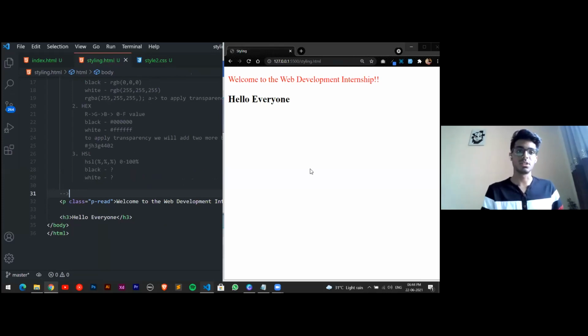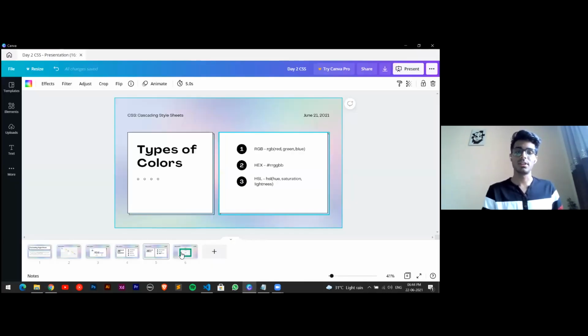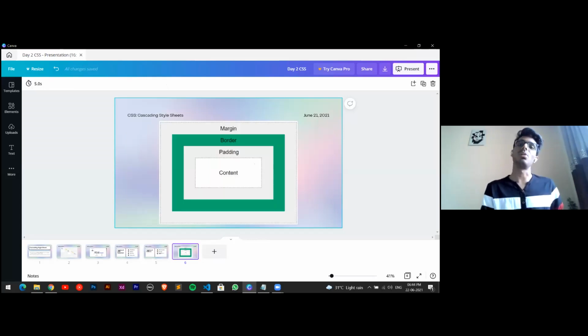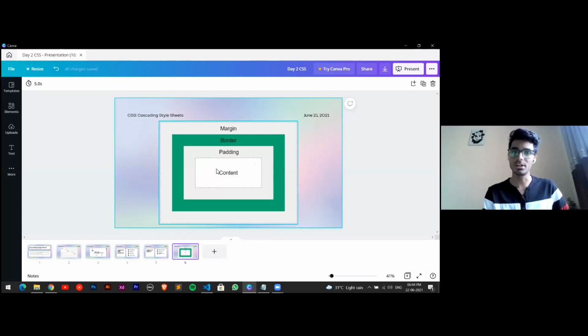So we have understood the colors, we have understood the types of selectors, and now there's a box model which needs to be followed by each and every element we use. This is a convention that is written by default, and we need to follow this convention so that our styling gets easier. We write our element, this is the place where the element gets set. Then comes our padding. Whatever padding property we apply gets applied around our element.